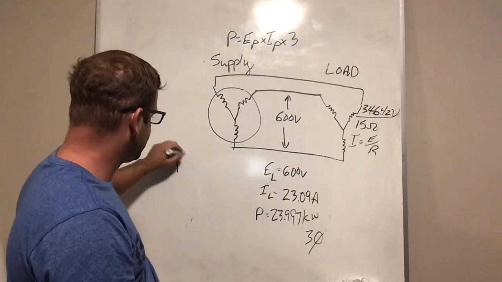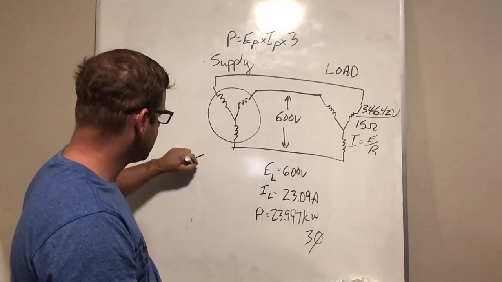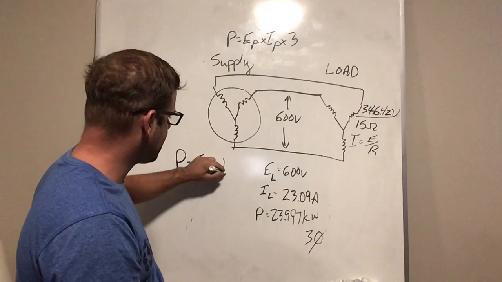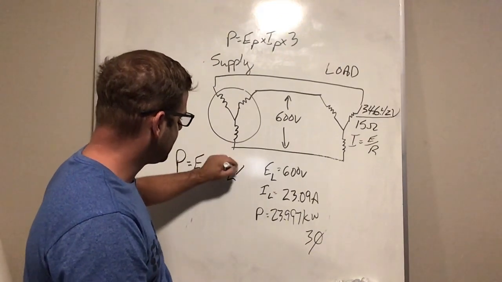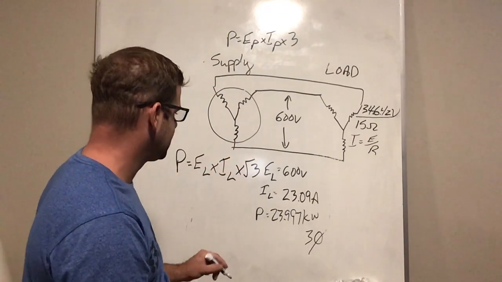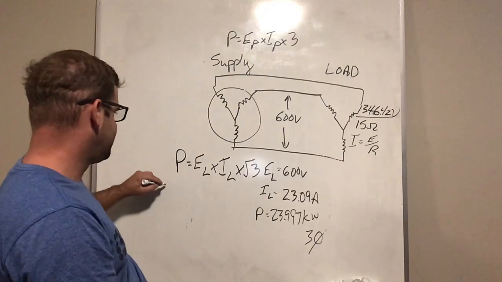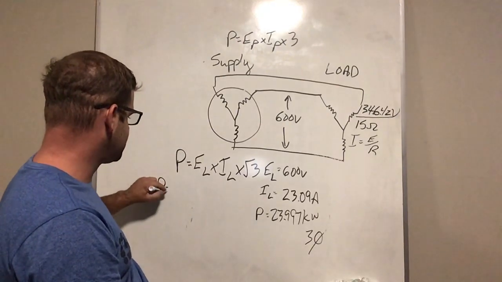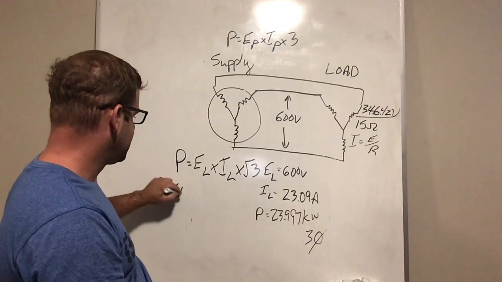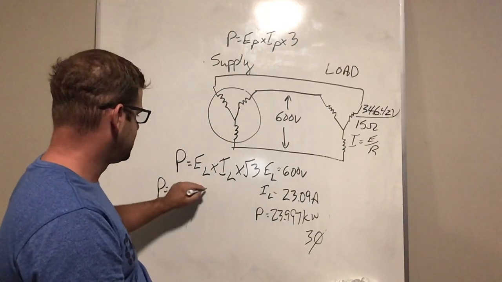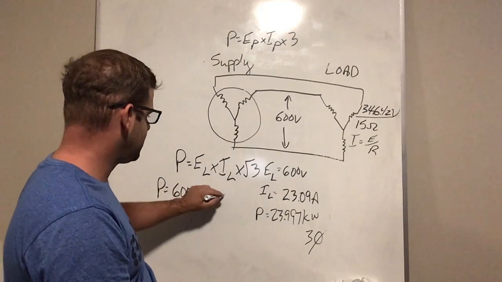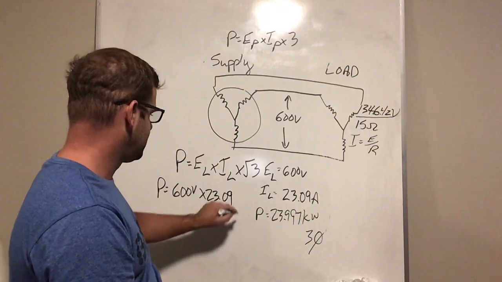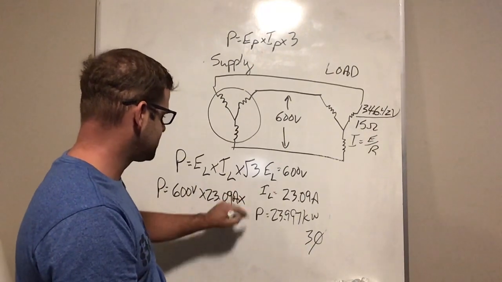So the formula we use: power is equal to E line times I line times root 3. So we have power is equal to 600 volts times 23.09 amps times